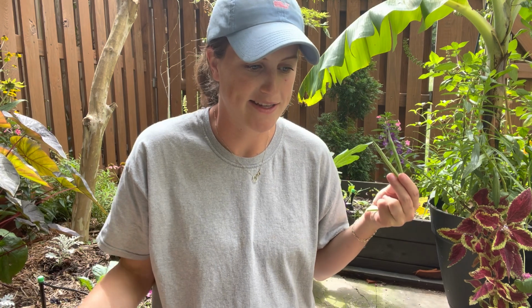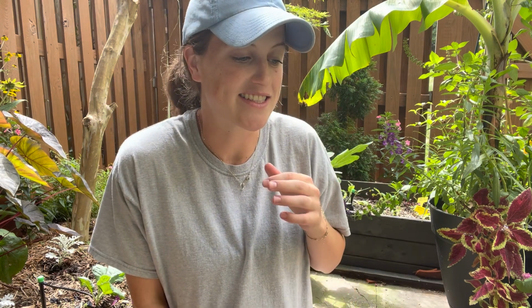Even if I got a little bit of a harvest, I would have spider mites tearing apart the plants, destroying the roots. It was hardly even worth it to grow green beans, and the plants looked awful. But kind of by accident, and just wanting to get rid of all those seeds that I had, I threw them in really densely into the containers, and they have grown